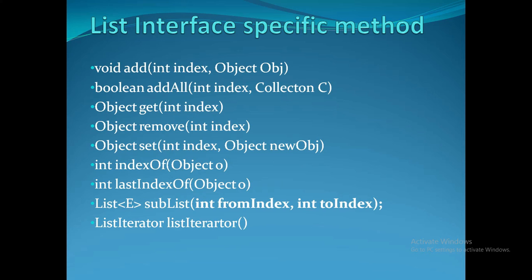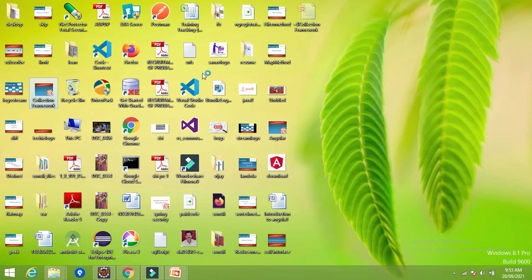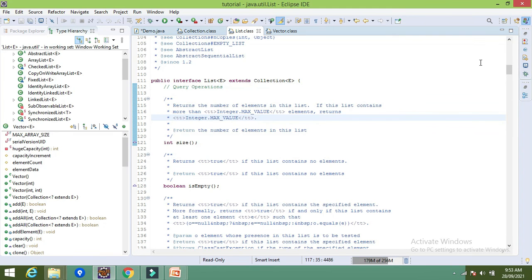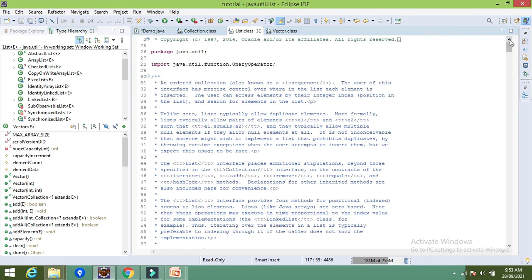I will show practical examples of all these methods when we see the concrete implementations of the List interface. Let me show you where you find all these methods. Here you can find this List.class, the internal interface class of the List.